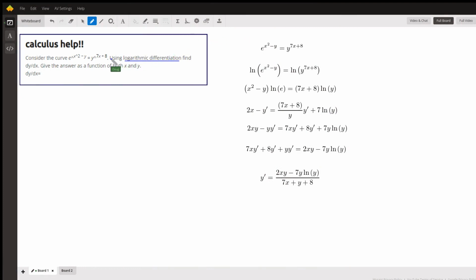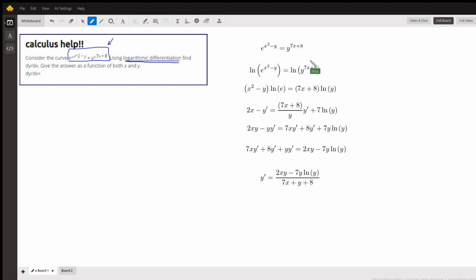Okay, you're given this implicitly defined function or relation and asked to find the first derivative, which will be a formula for slopes of tangent lines to the graph of that function. And you're told to use logarithmic differentiation. That's usually what you have to do when you have a variable raised to an exponent that also contains